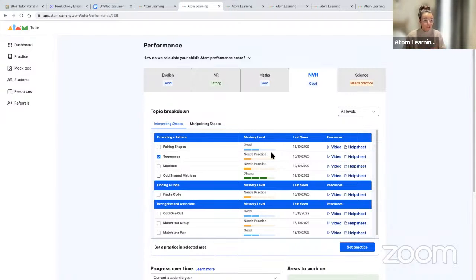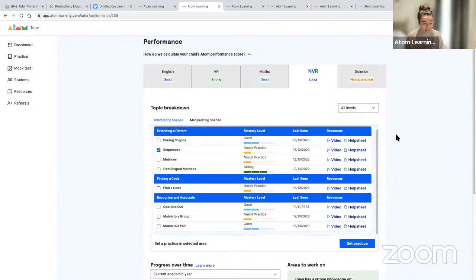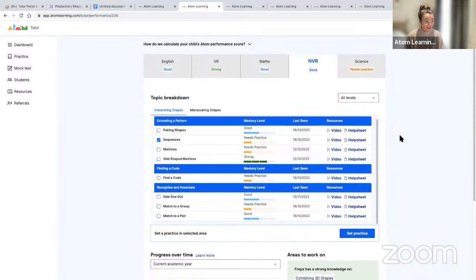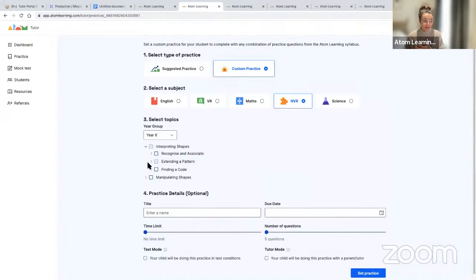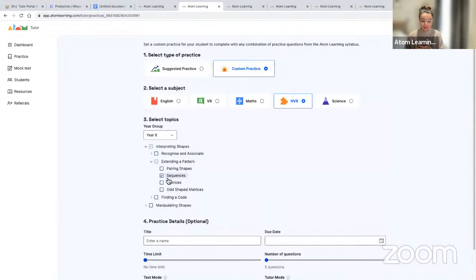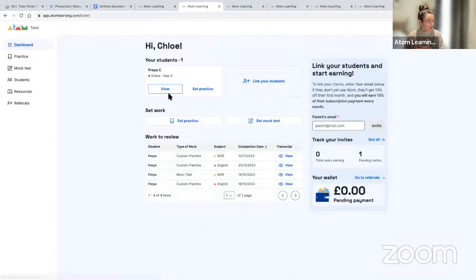Now, you can use this to really quickly and efficiently set work. So if we know, actually, sequences, that's the topic that I know my student has been struggling with, and it's showing needs practice here, I want to try and boost this mastery level. You can quickly click that set practice button, and that goes through to that custom practice area with that skill already set. So if we go back to that page